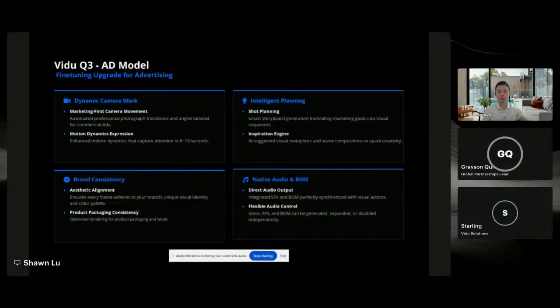On top of that, we can help you maintain brand consistency, such as words and letters on bottles on your products. These are all capabilities that we can provide. Lastly, we can have native audio and background music integrated directly into the ad model. These can all be fine-tuned and even customized, so that the specific API we provide to you at the end of the day serves you to the exact T of what you require.